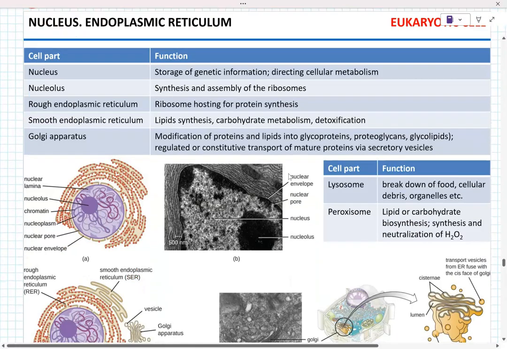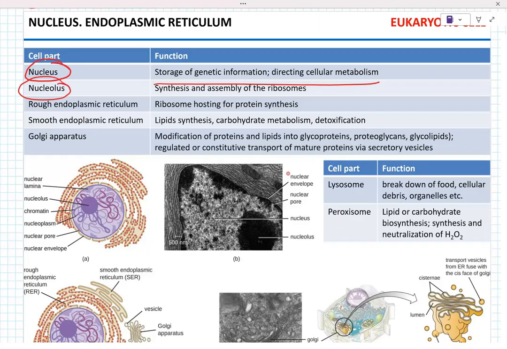Now, eukaryotic cell. I'm not going to go into much detail. Let me explain why. It's probably the 10th time we talk about the parts of the eukaryotic cell. I will 100% ask you to match the part and the function. The part and the function. Okay? Now remember I mentioned the importance of terminology. Right? Terminology is important. Nucleus, nucleolus, and nucleoid are three different things. Just to keep in mind. Okay? So,